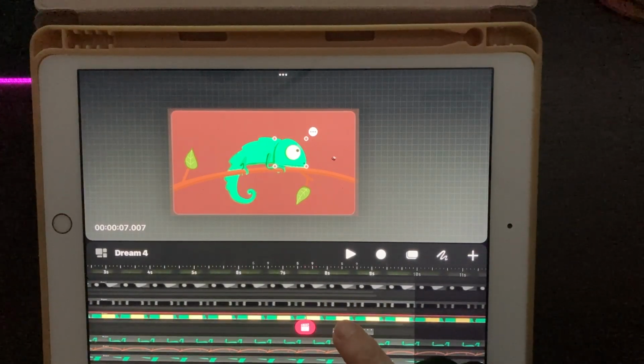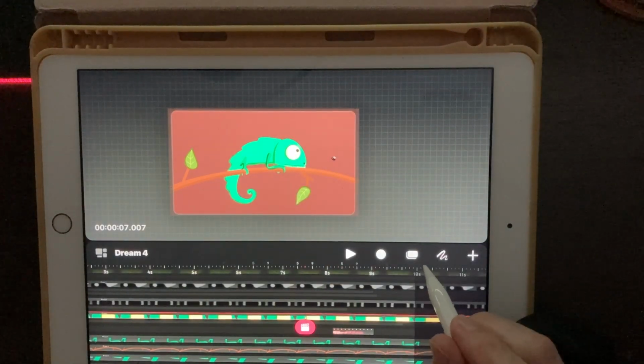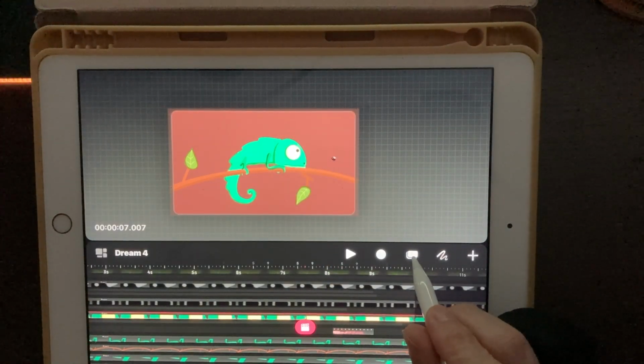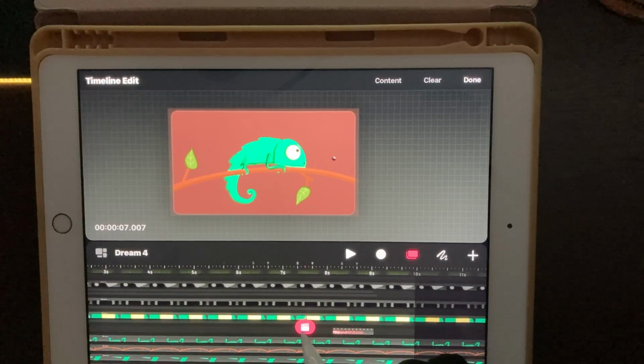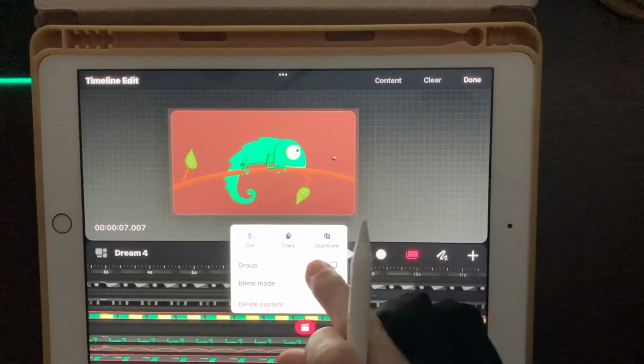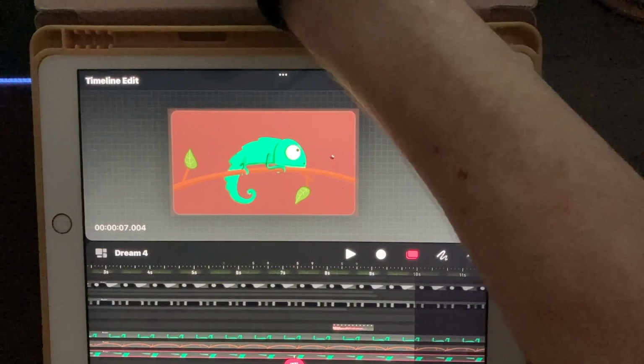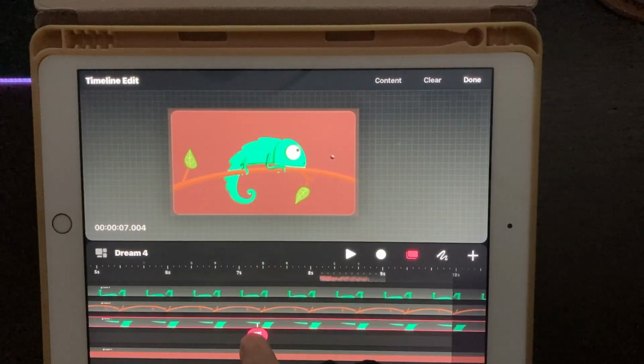So the head is here. We want to group it. I'm going to click on that button. We're going to pick that, and we're going to pick the body right there. And we're going to hold down on them and hit group. All right, so that should have put both of them in the same group, which is right here. And now when he starts to open his mouth again,